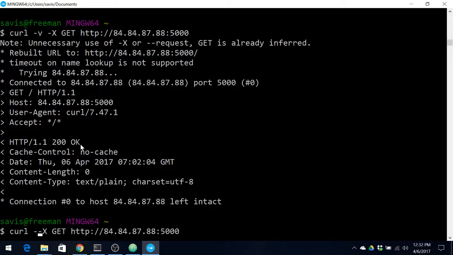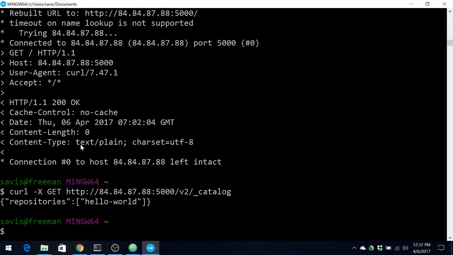Now let me remove the verbosity and let me hit the catalog endpoint. What did I just do? I basically hit the service with a curl command to return me a catalog of all the repositories present. Right now there is only a single image present inside this Docker registry.